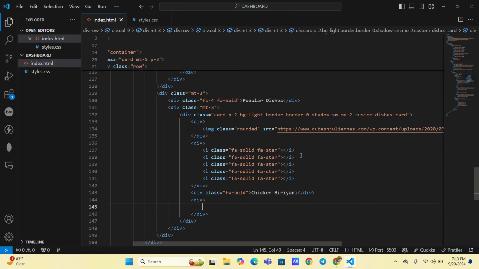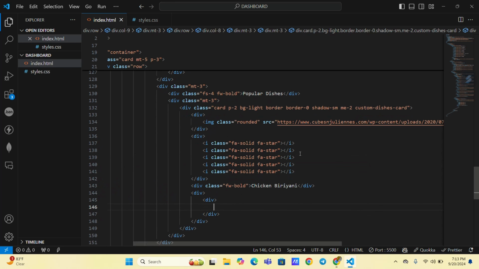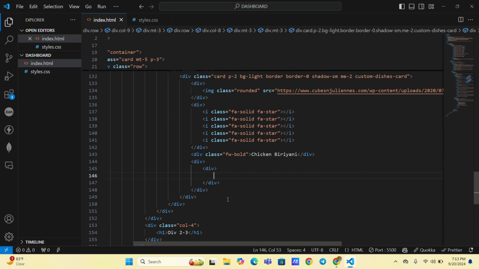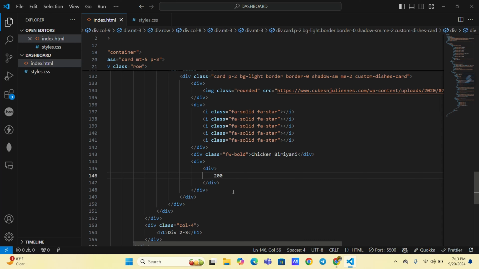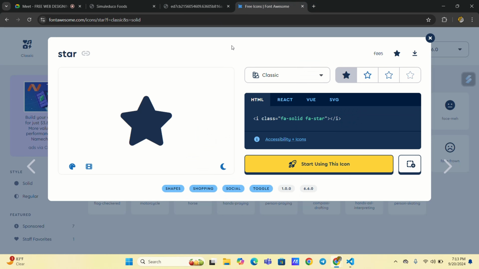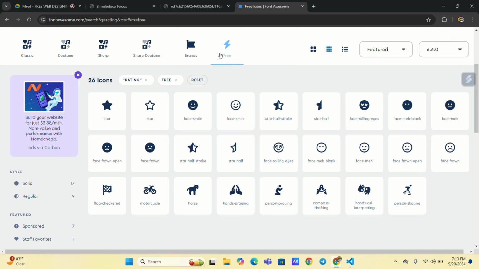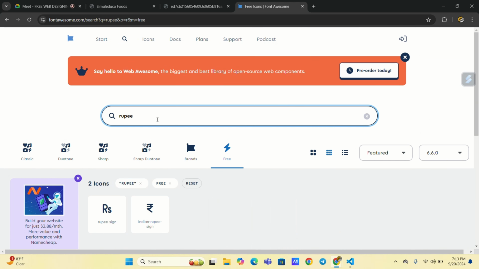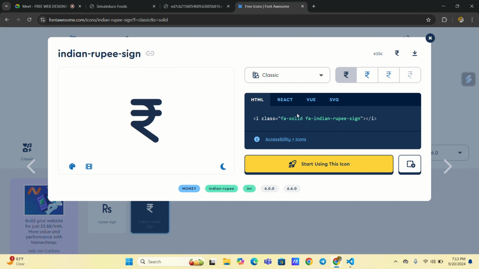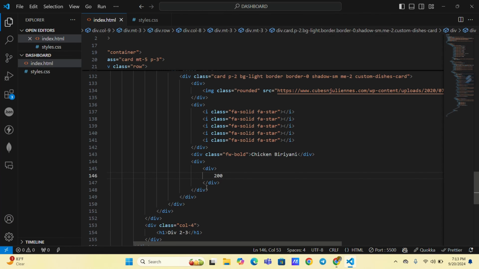and here if you look at it, price and plus icon, like price and plus symbol, are on the same line. So what we'll do is put both in two divs, and then we will merge them. Okay, so price, right? Suppose I'll put 200 rupees. Either you can use the rupee symbol. You can go here and search for a rupee, if there is an icon here. Okay, rupee icon is there, just copy it, and put the icon here,